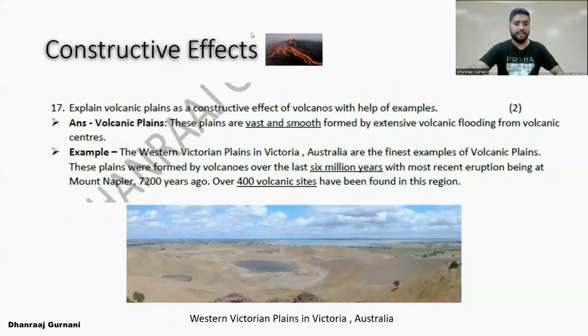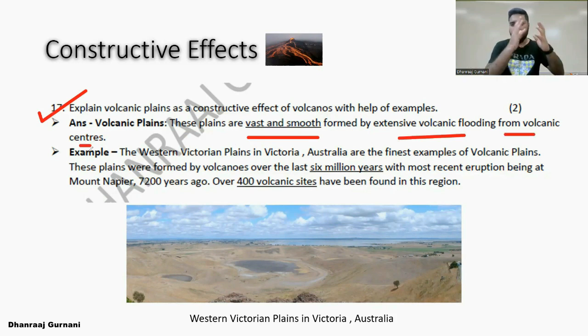Moving to question number 17, explain volcanic plains as a constructive effect of volcanoes with the help of examples. What are volcanic plains? Volcanic plains are vast and smooth, formed by extensive volcanic flooding from volcanic centers. When lava comes out and spreads through a long area over kilometers and kilometers, and plains are, as we know, vast and smooth. So when a plain is formed because of volcanic eruption,